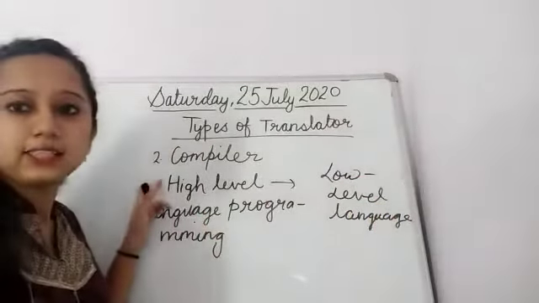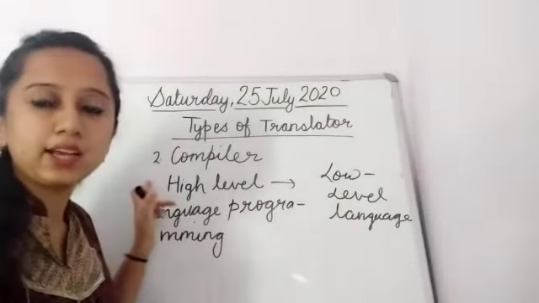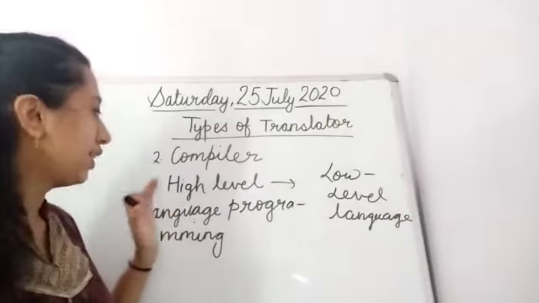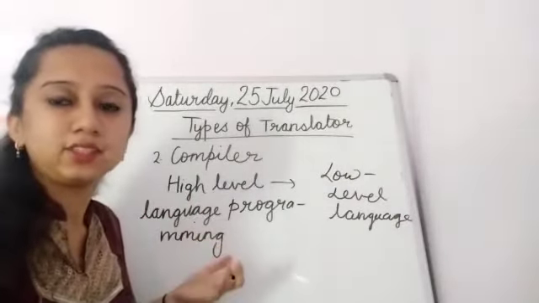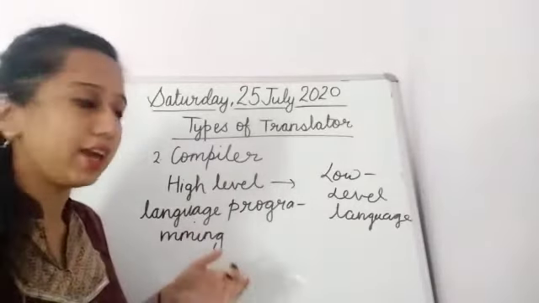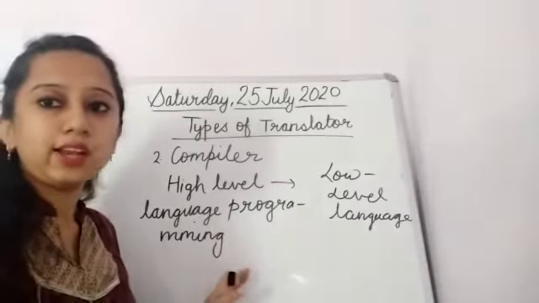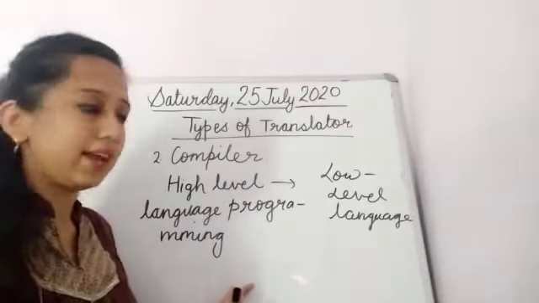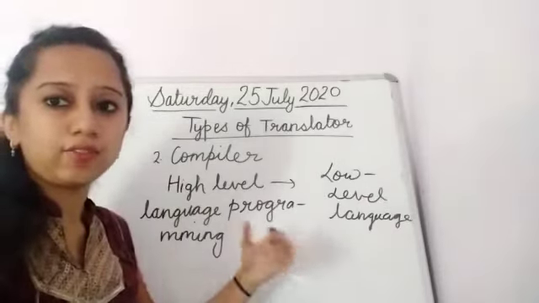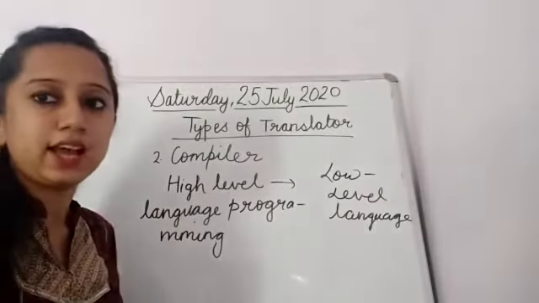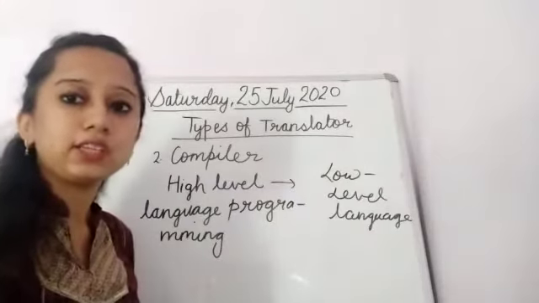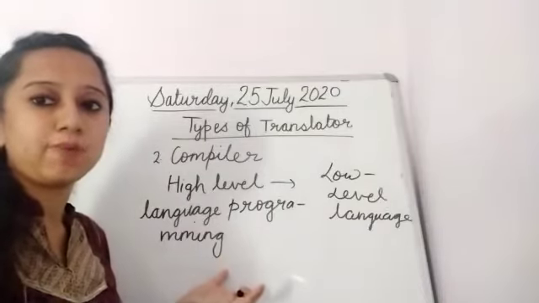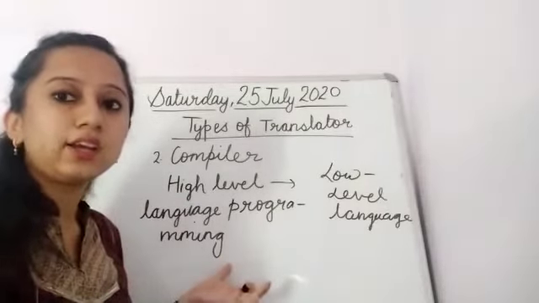So class 6, your next translator is your compiler. And what is the role of a compiler, or what is the function of a compiler? It compiles or it translates. ये क्या change करता है, क्या translate करता है? Whatever the program written in your high level language. जो भी आपका प्रोग्राम हाई लेवल लैंग्वेज में लिखा होता है, इट चेंजेस इनटू लो लेवल लैंग्वेज, उसको वो लो लेवल लैंग्वेज में चेंज कर देता है. एंड व्हाट इज हाई लेवल लैंग्वेज एंड व्हाट इज लो लेवल लैंग्वेज आई हैड ऑलरेडी explained you. So this is your second type of translator and it is your compiler.